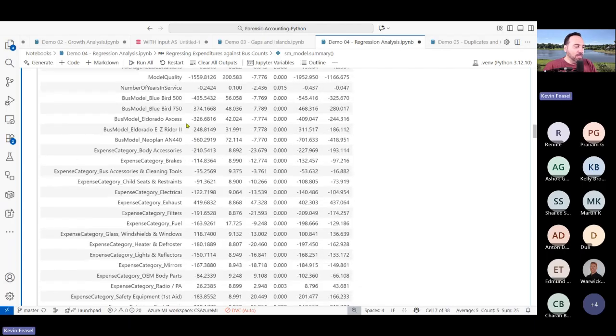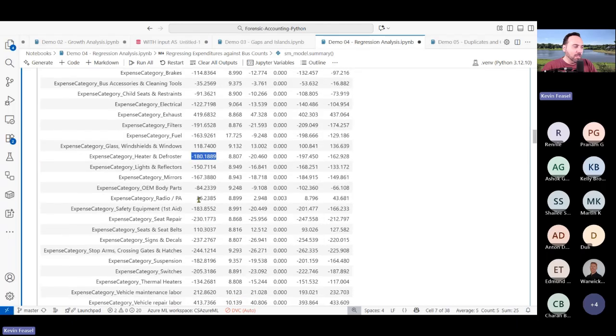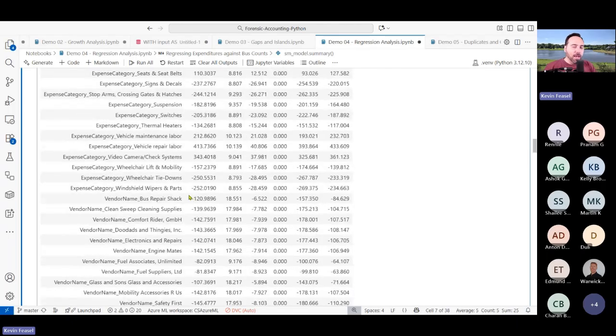And so we have some people like this model, this bus model, Neoplan AN 440. It seems like if you have that particular bus, we have less expenditures. If we have the Easy Rider, it is not quite as low. If we have different expense categories, exhaust is more expensive. So an exhaust problem is more expensive, whereas if we are looking at maybe like heating and defrosting problems, they're less expensive. So we can look at this and get some simple idea of